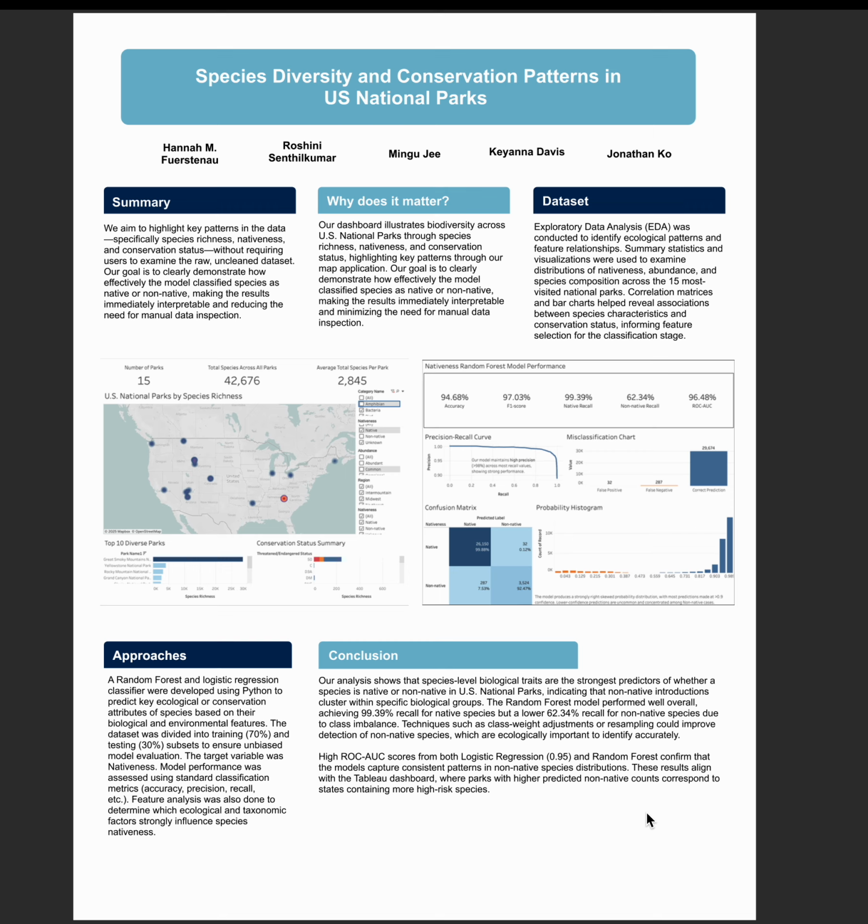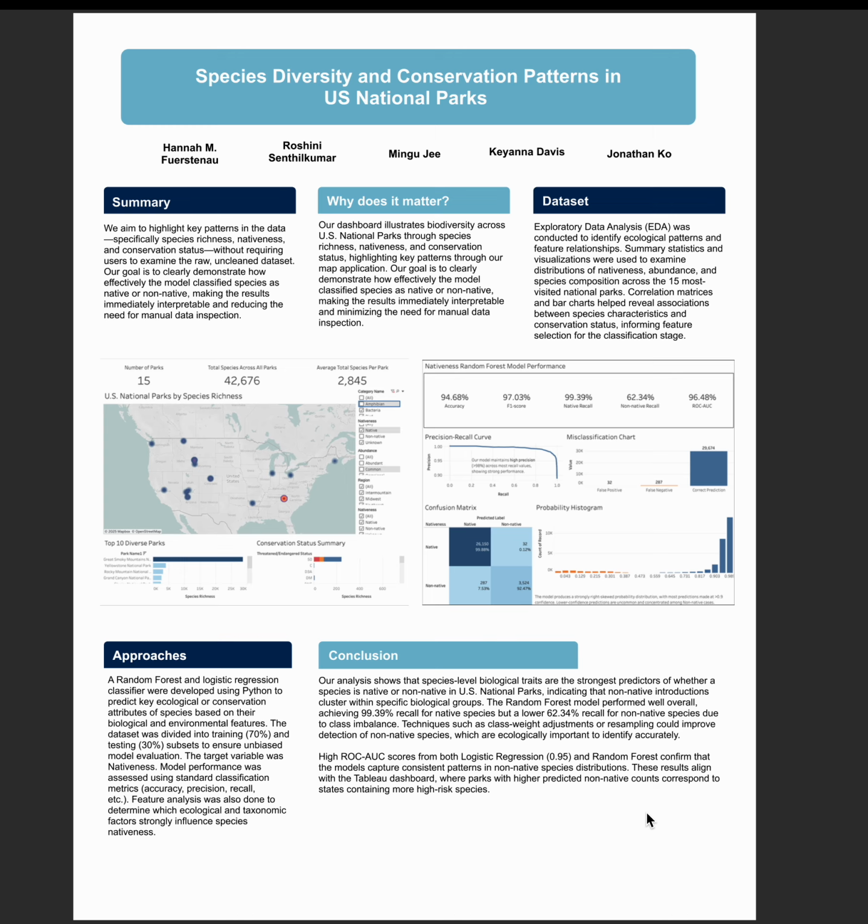For machine learning, we ended up using two approaches: random forest and logistic regression. Both models learn from species-level traits like scientific name, family, abundance, and conservation status to predict whether a species is native or non-native. The random forest handles more complex relationships, while logistic regression gives interpretable feature importance. The key innovation is combining machine learning and an interactive map, so users can explore patterns visually instead of just